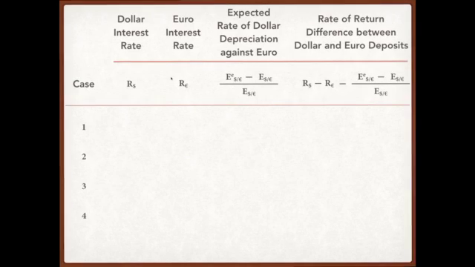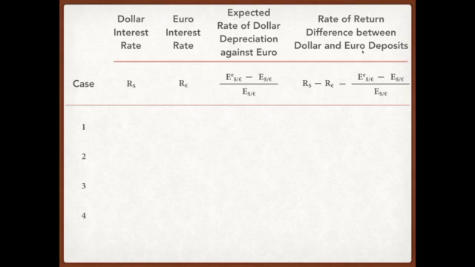So what we're going to do is take a look at this table. We're going to have columns for the dollar interest rate and the euro interest rate. We're also going to take into consideration the expected rate of dollar depreciation against the euro. And with those three pieces of information, we should be able to calculate a rate of return difference between the